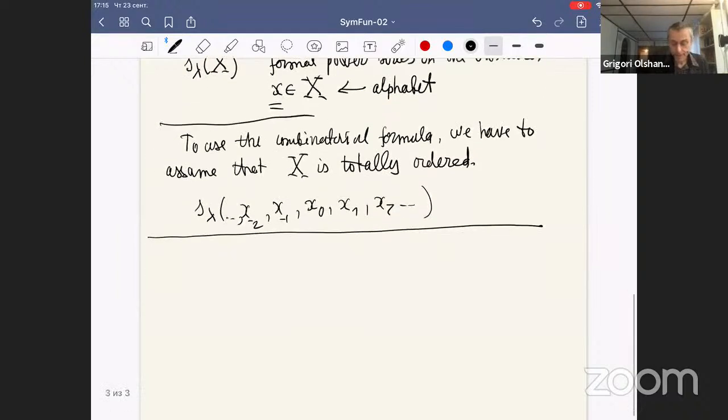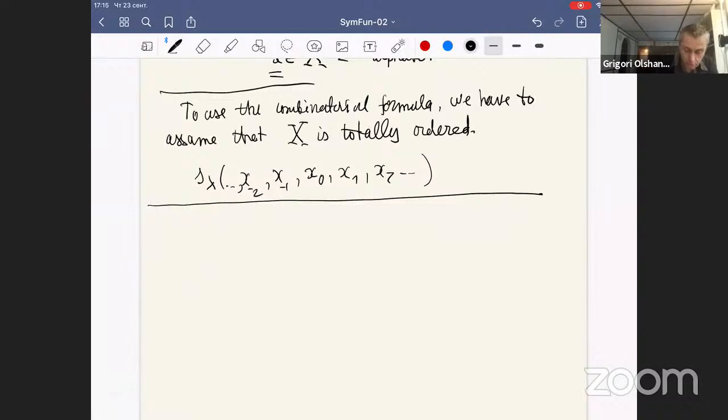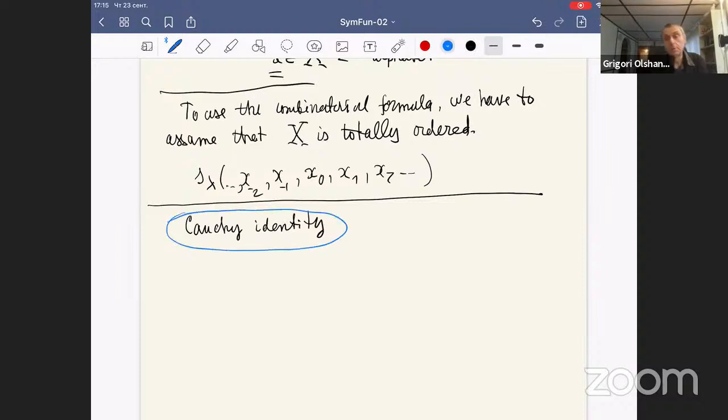Now, I would like to state the result, which is called the Cauchy identity, which is probably the most important identity in the theory of symmetric functions. The formulation looks as follows. First, I would like to write it, and then I will explain its meaning. Take the sum over all partitions or Young diagrams, and take X and Y, two arbitrary alphabets,